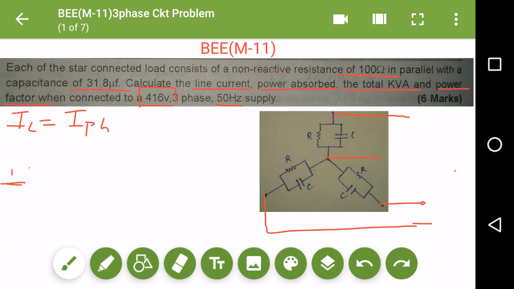So if I want to find the line current, that is the current flowing in this circuit between these 2 points,